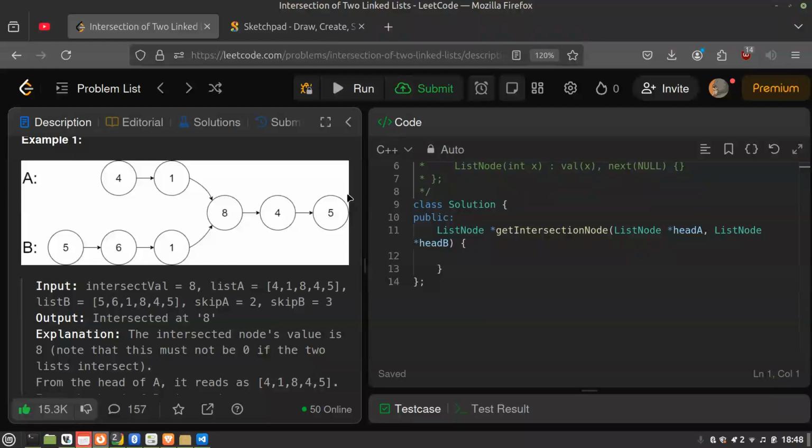So a normal traversal thing would not work here. You can't just keep on matching the pointers, the nodes, and say this is intersecting and this one is not, because it may be possible that you reach the intersection point earlier in one of the linked lists, and you reach later in the second one. So let's see. So in this example,